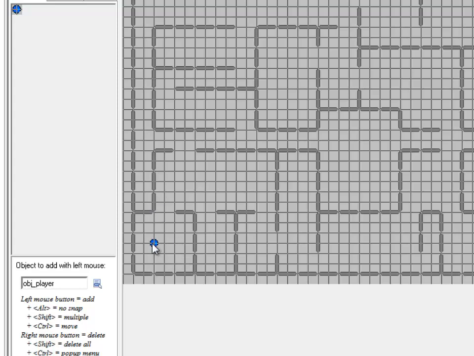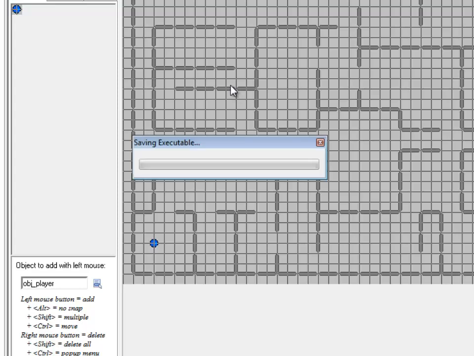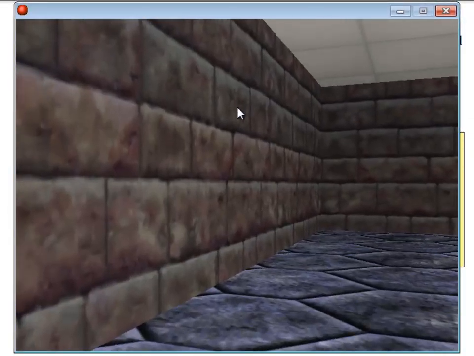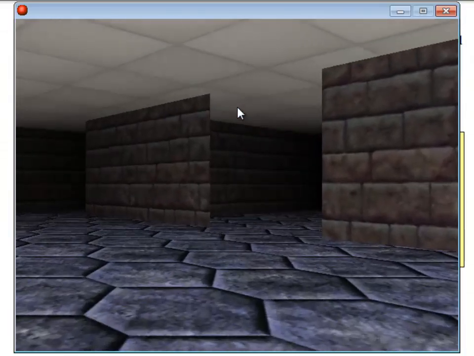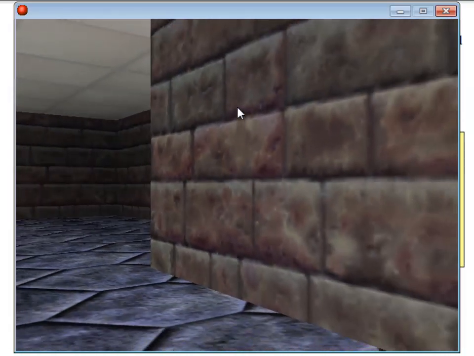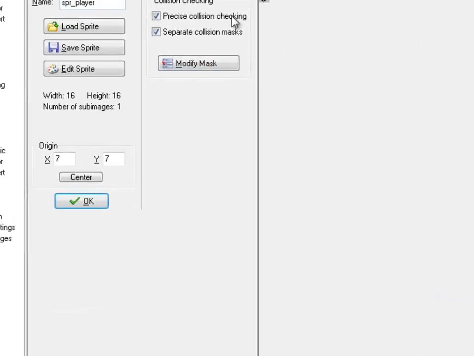What this does mean is that if a little bit of a ridge of this player gets stuck in between these two walls, it's going to stop it, because it's going to consider that the collision detection. So if I run this, let's see if I can slide along this wall here. There we go. Oh, got stuck again. So another thing is that this player sprite here,